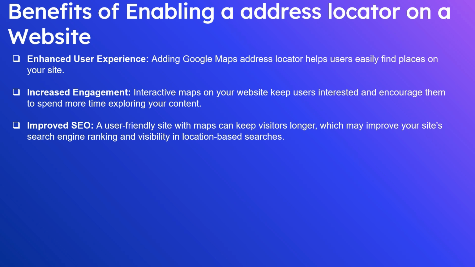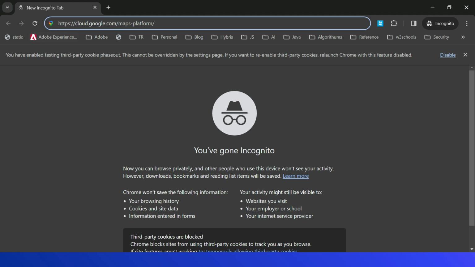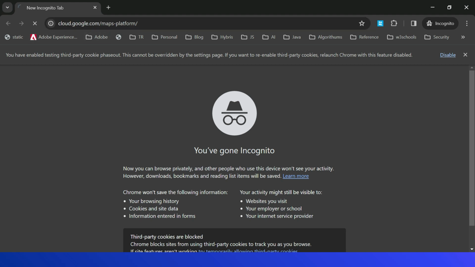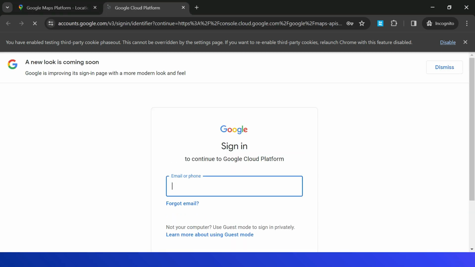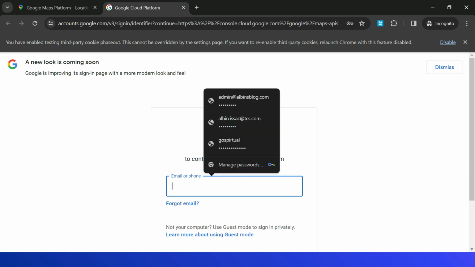Let's now explore how to enable an address locator on a website. As a first step, we need to create an API key for the Google Maps platform. Access this specific URL, cloud.google.com/maps-platform. Let me access it. So click on get started. Now log in with your email ID.